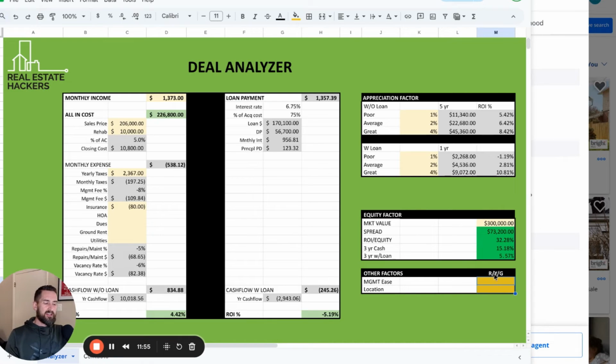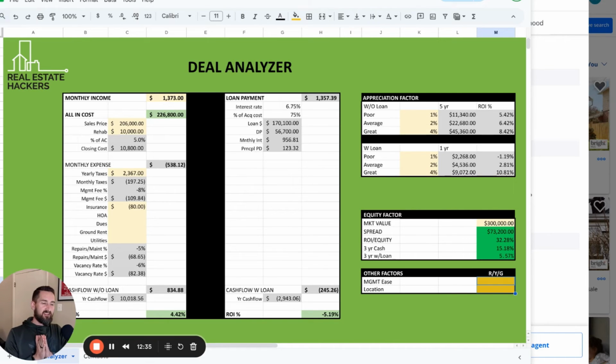Usually I just put red, yellow, green, meaning the worst is red, the best is green. That's kind of like a stress factor or a mental energy factor. If I'm not sure of the numbers, but these are amazing, ease of management is green, and it's an amazing location, then that's something that might push me over the edge. But again, that's not a monetary factor, more that this property is going to be more work, or it's going to be super easy. And so that's how you